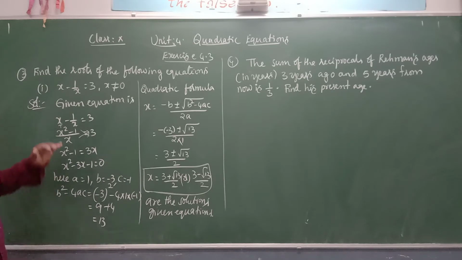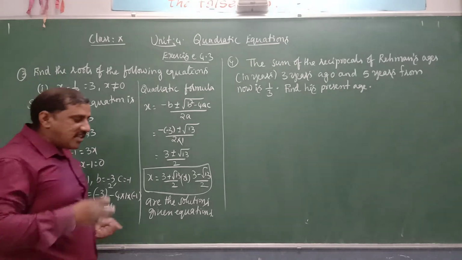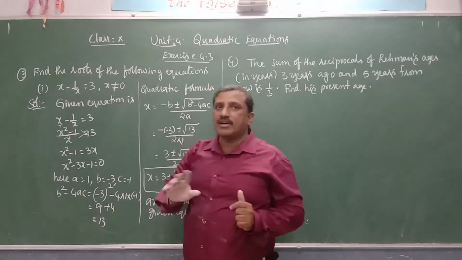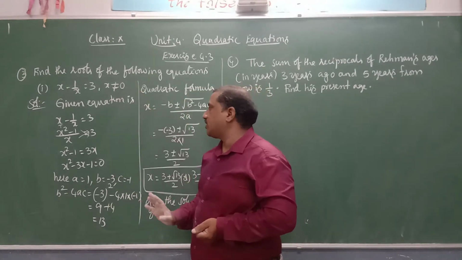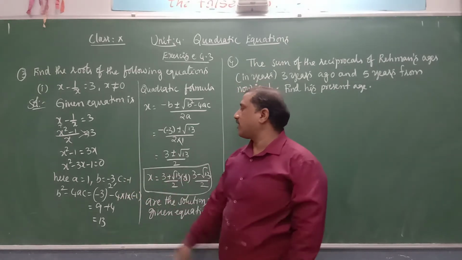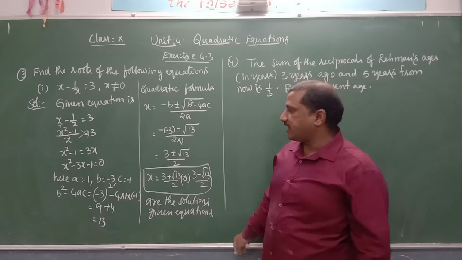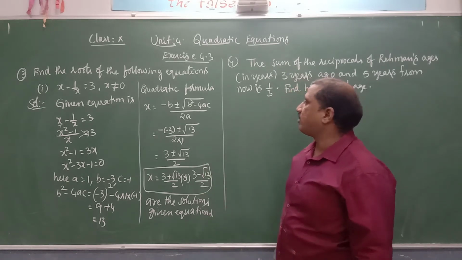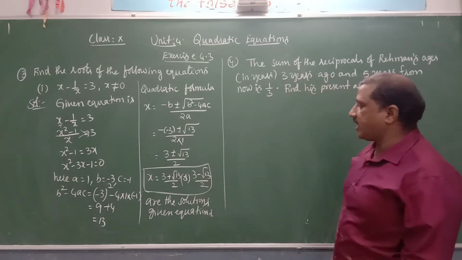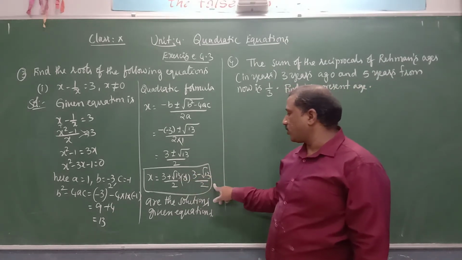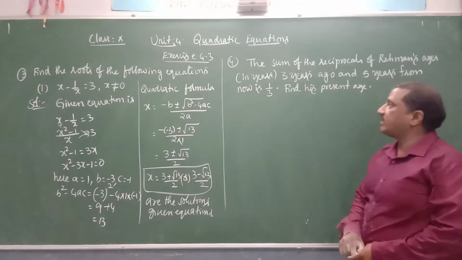So here, what is the difference between the first type of problems and the third type? In the first type, the equations are given in the standard or general form of the quadratic equation, but here this equation is not in the general form. We need to convert that into the standard form by taking the LCM and cross multiplication, and we get x square minus 3x minus 1 is equal to 0. Apply any one of these methods, quadratic formula is applied, and we found the roots of the quadratic equation as x is equal to 3 plus root 13 by 2 or 3 minus root 13 by 2 are the solutions of the given equation.